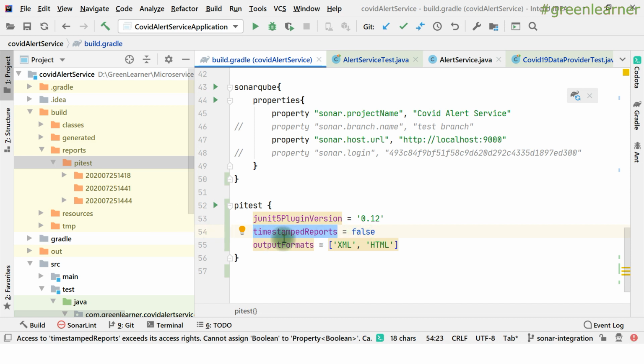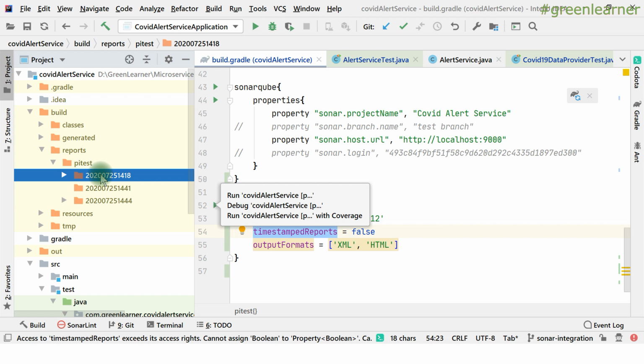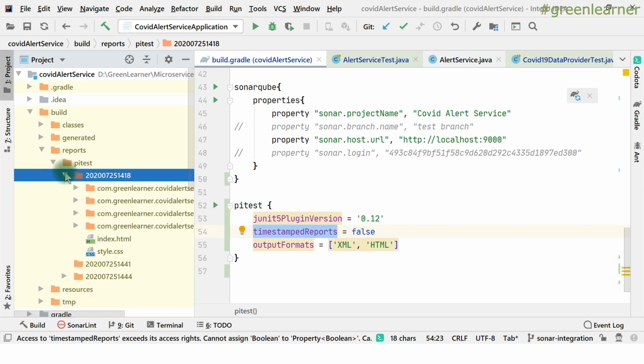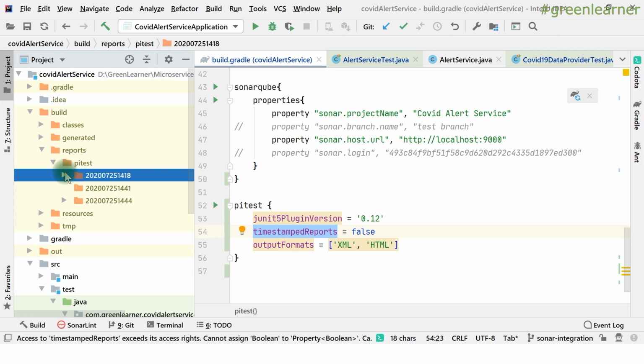So what is the meaning of this? When you have this as true, you will get this timed folder, timestamp folder, and report data under that one. But Sonar reads directly from this one pitest folder, so I do not need that to be timestamped, but just here, so that all the reports are at one place. So I have to trigger this pit task, execute it from scratch and then push it to the Sonar portal, right? So let me show you.